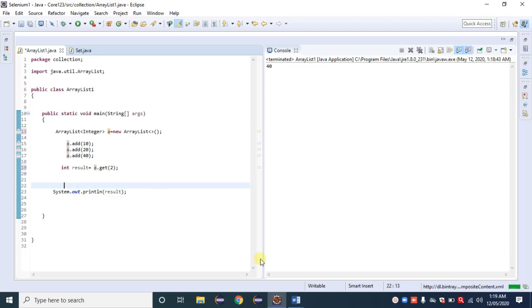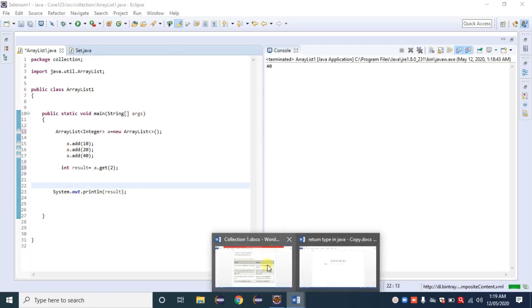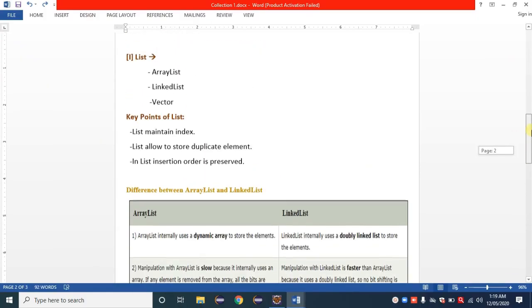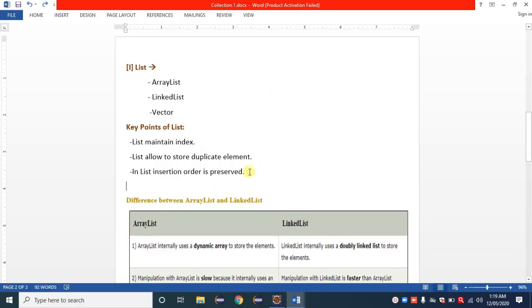Then the next one is Set. The Set has all the points opposite of a List. A List maintains index and insertion order is preserved.